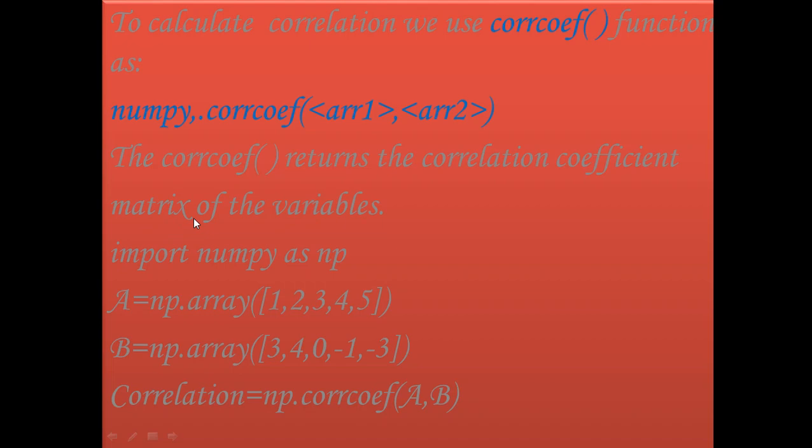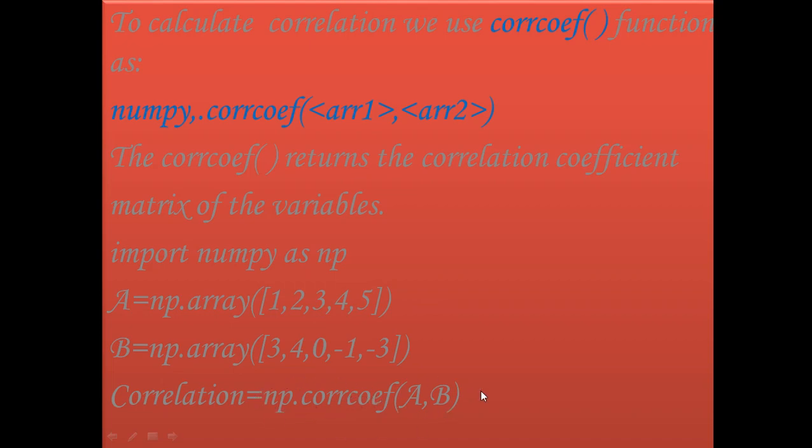So what is important for you this time is: what is correlation, what is the name of the function, how it will be used, meaning what is the syntax, and how it will be written programmatically. So programmatically you will write it this way: import numpy as np, a equal to np dot array, b equal to np dot array. The shape and size of the elements should be the same. So if the first array has 5 elements, the second array should also have 5 elements. correlation equal to np dot corrcoef a comma b.